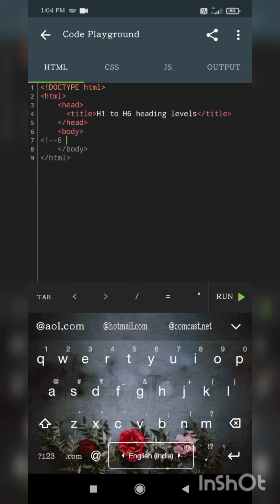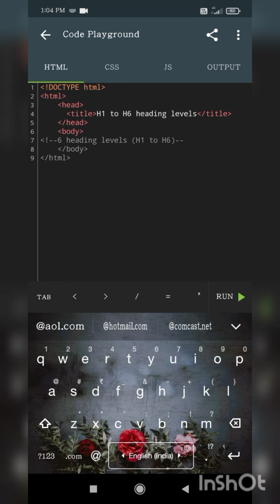There are 6 heading levels. They are H1 to H6. Okay. So now I am closing this comment tag.